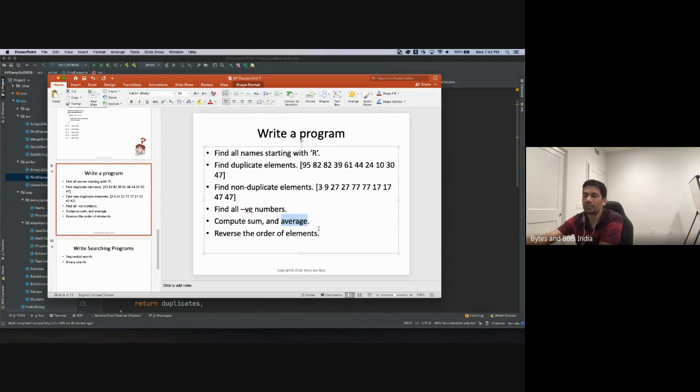Similarly, for average, if we are taking an average of all the integer type elements, the average can be a fraction. And if we're returning an integer, then we're losing the fractional part. So we have to be careful about what return types we choose. Right. So simple programs, but they require some care. The next is reverse the order of elements, which is